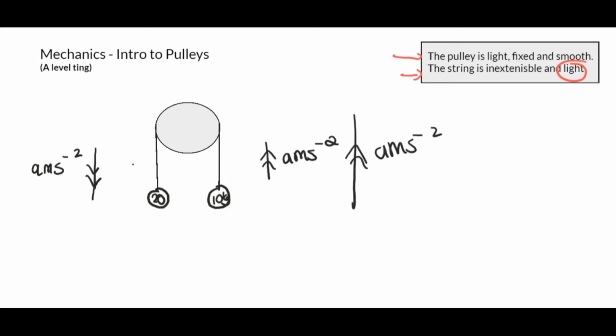You understand? Because obviously the 20's going down. If the 20's going down, the 10's flying up. You get me? That's how mechanics works, fam. I hope you're understanding what I'm saying so far. If you're not, obviously, just don't worry, man's going to go through more questions. You might be able to pick up sooner or later, you get me? Cool. So we've discovered the left-hand side is going to droop more down only because of the fact that that's 20 kg, yeah? And because the right-hand side is 10 kg, that one's going to fly up because obviously 20 is heavier than 10. Cool.